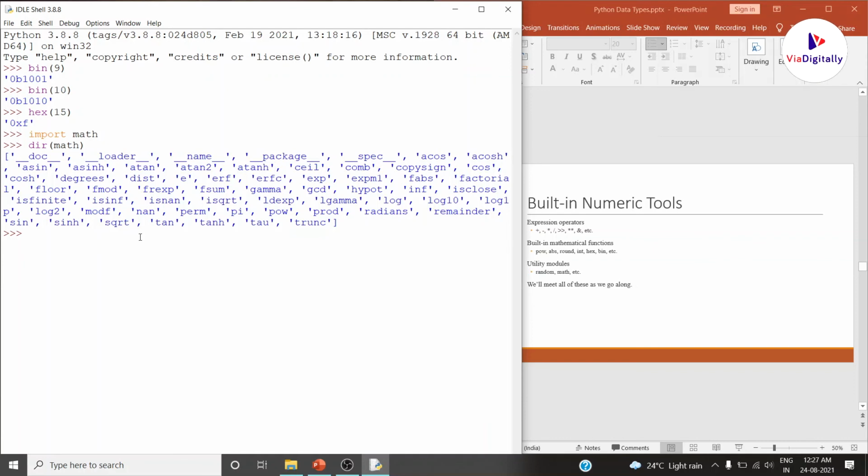Let us check a few of these now. Here I want to know the sine value. Math dot sine of 90, I'm going to pass. It is 0.83999, because 90 is taken as radians here. If you want to specify it in degrees, what is the sine of 90? Sine of 90 is 1, right? Sine value becomes 1 at 90 degrees.